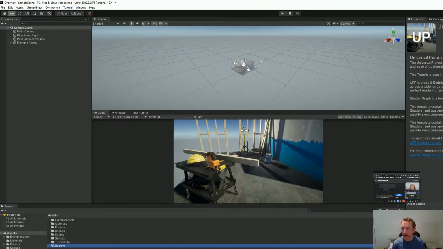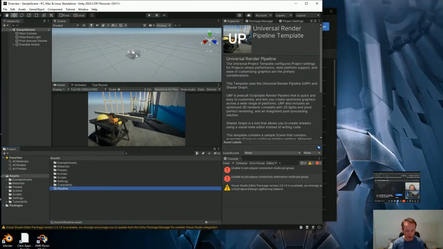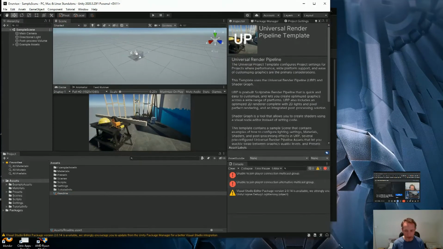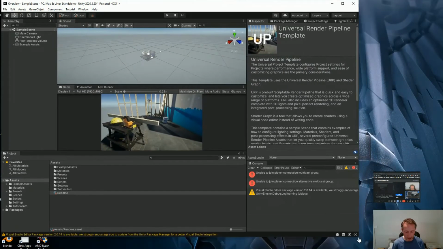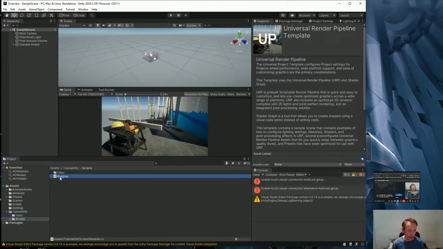How well that'll translate in the overall video, I don't know. I have a bit of a worry: my screen's bigger than the video will probably capture. So there we go, README there. That README is an asset, but there's code behind that. Where are we? They'll be hiding here somewhere. Tutorial info, I think it's here. Scripts, yeah, the README, this one. So if I double click on this,